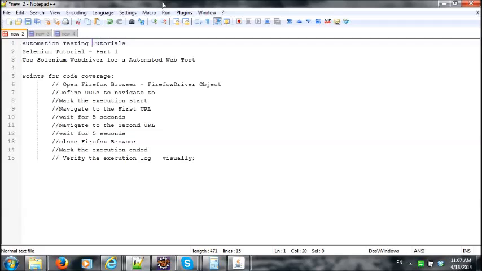Today we are going to look into Selenium tutorial part 1, more precisely on how to use Selenium WebDriver for a web automation test. The points that we want to cover in our script code would be to open a Firefox browser by creating a Firefox driver object, to define the URLs that we want to navigate to. In our case will be 2 of them, to mark the execution start,